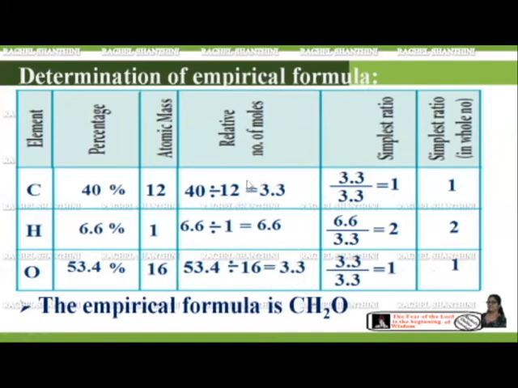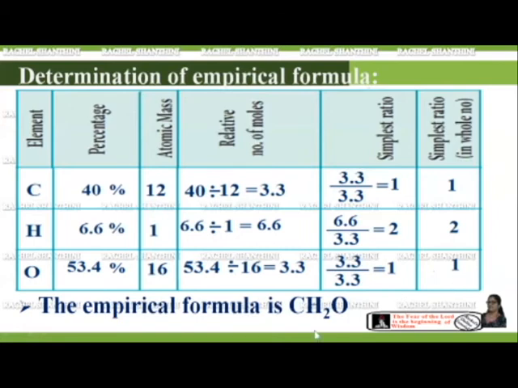Now we have to divide the quotients that we have obtained, the relative number of moles, by the smallest number among them. Which is the smallest number among them? 3.3. So we have to divide these quotients by 3.3. Here we get the simplest ratio as whole numbers, so there is no need for us to multiply it with an even number. We can write the simplest ratio in whole numbers as it is: 1 for carbon, 2 for hydrogen, and 1